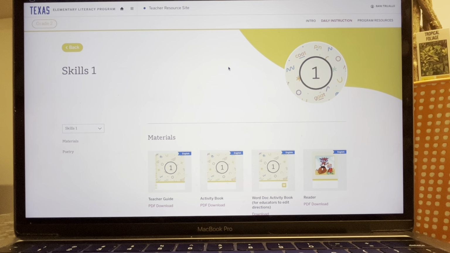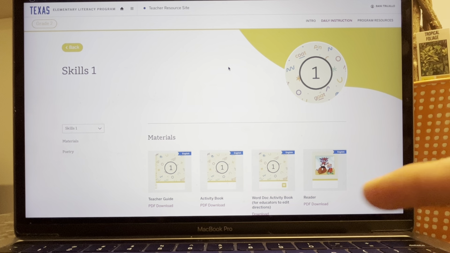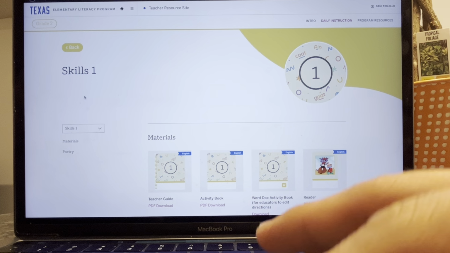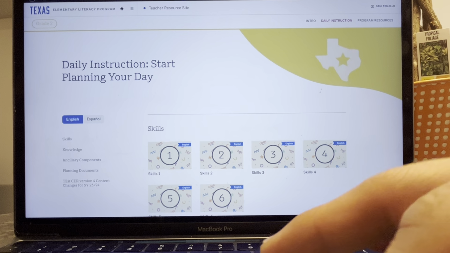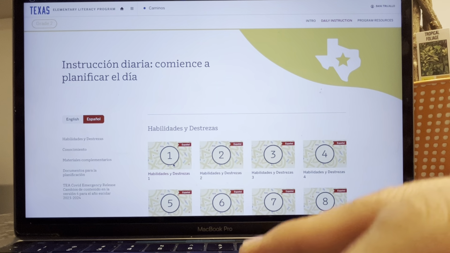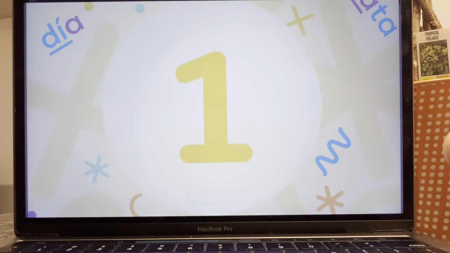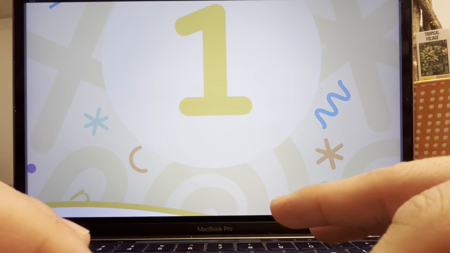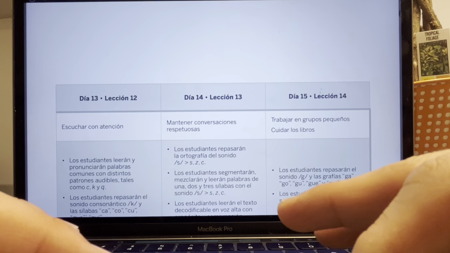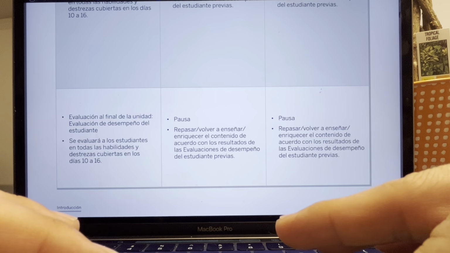So this was my recap on the Amplify Texas overview of some of the lessons and the activities. And like I said, these are really great resources. And I also looked into the Spanish ones as well. And I believe this is going to be a great resource to have when teaching English language learners, because we could come into these Spanish lessons and get those terminologies to keep that student